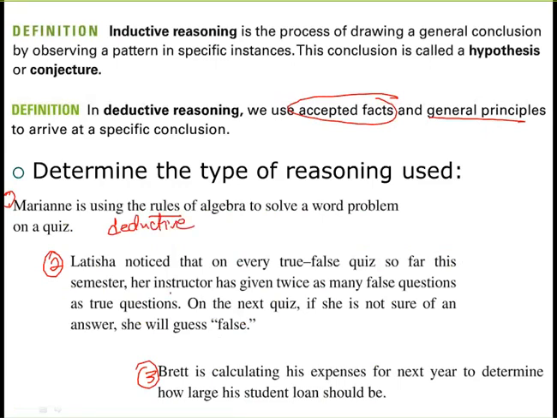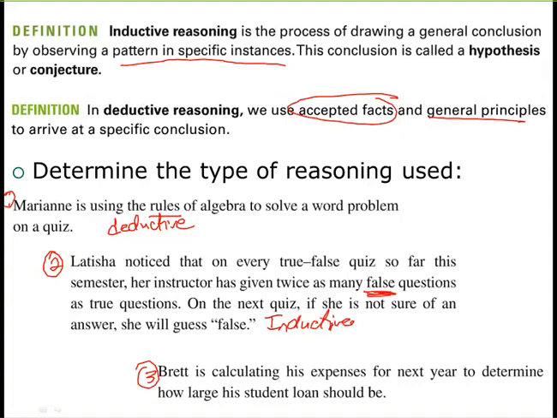Okay, Letitia noticed that on every true or false quiz so far this semester, her instructor has given twice as many false questions as true questions. On the next quiz, she is not sure of an answer. She will guess false because more likely he's giving false questions. So now, is that an accepted fact? Is he always going to have twice as much? No, it's just something that she has noticed through a pattern in specific instances of our past tests. So this is inductive